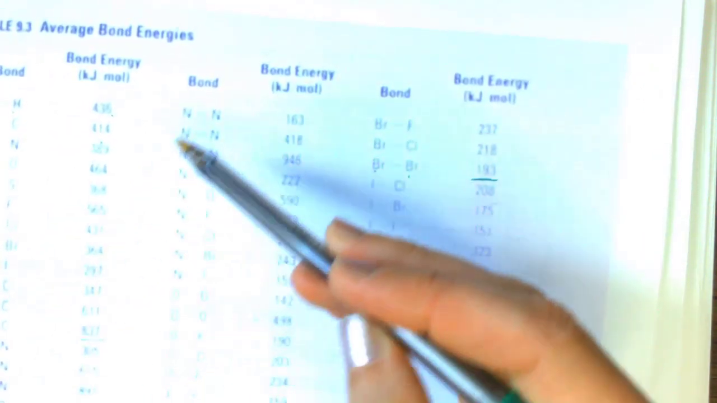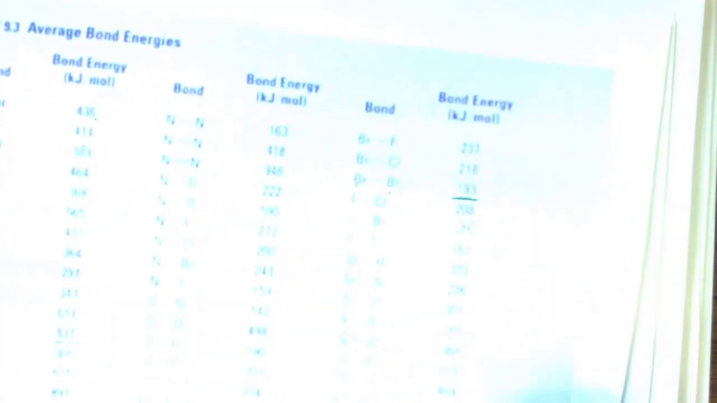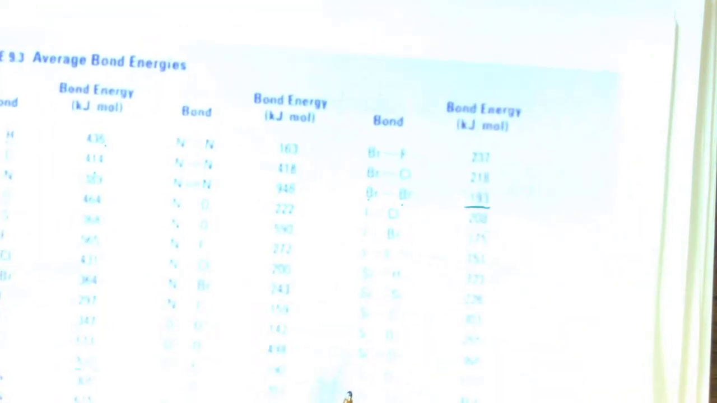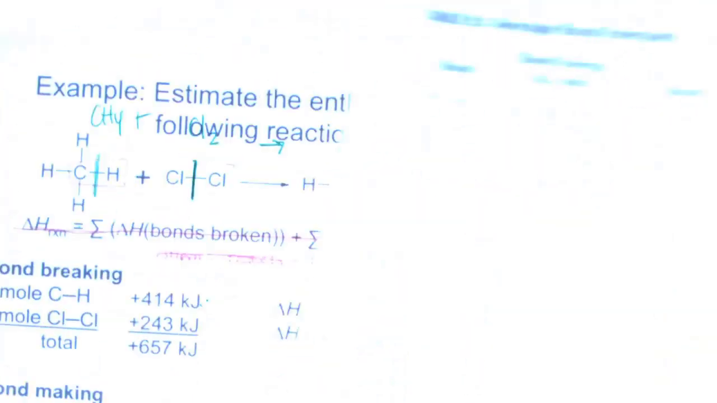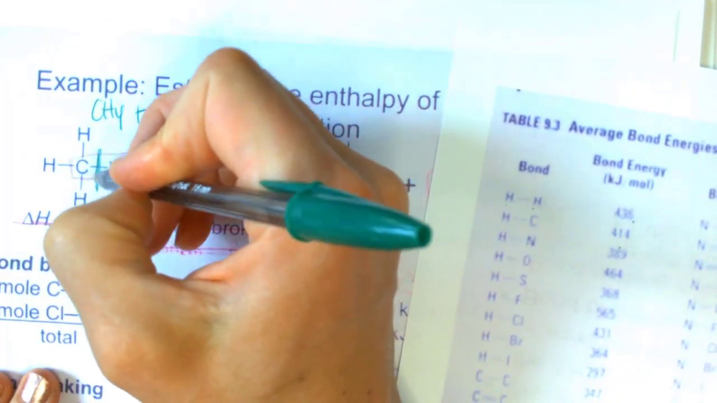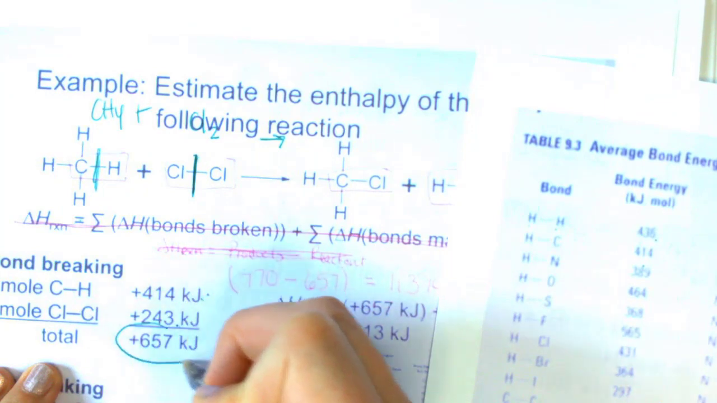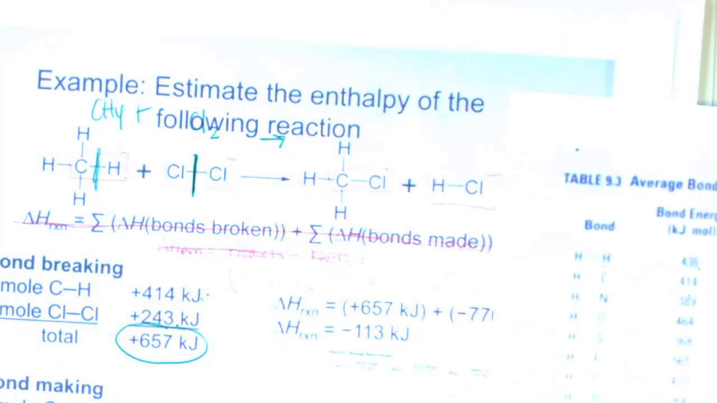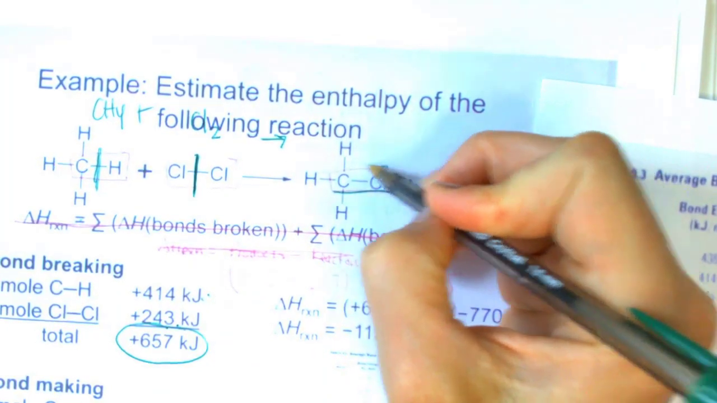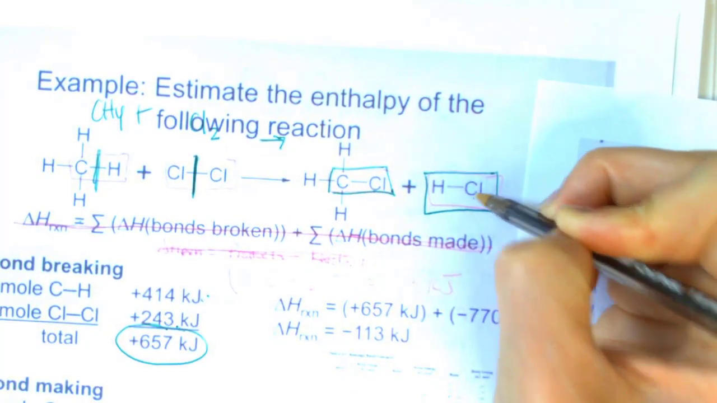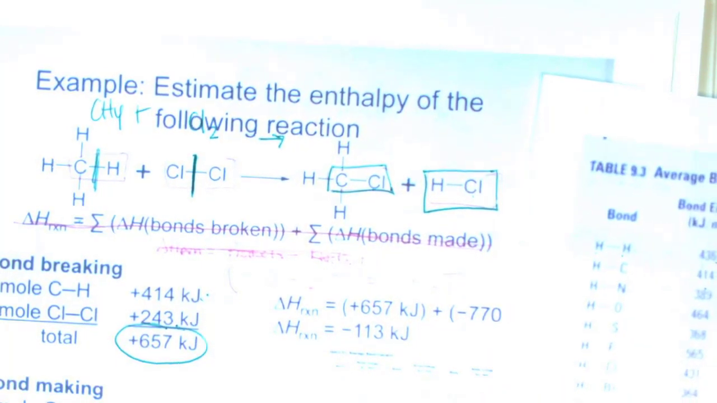Where is Cl-Cl? I'm not seeing it on there. Oh, there we go. 243 kilojoules. So if I look at the two bond breakings and add them up, I get 657 kilojoules of energy to break it. But I'm also making two bonds. I'm making a carbon-chlorine bond, and I'm making a hydrogen and chlorine bond. So I need to look at, to make those,